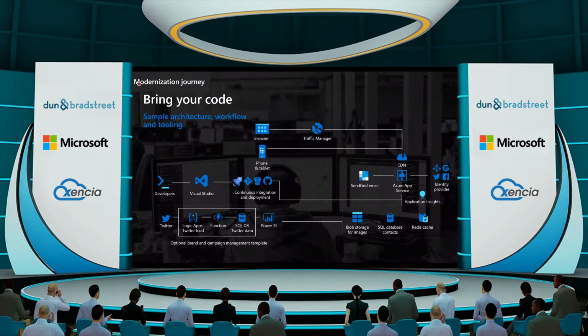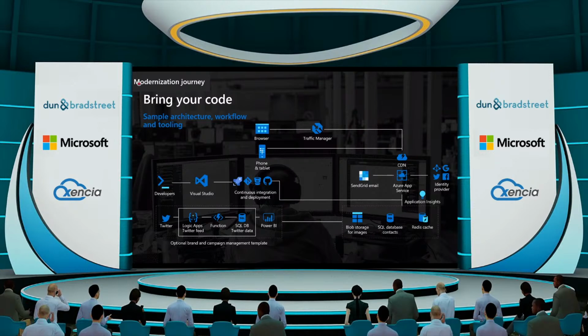This is a typical architecture of how a platformized environment is accessed or run in the cloud. So you could see your SQL database run as a service, and then Redis cache, which is an in-memory database for maintaining sessions and other things, and your blob storages for independent storage, keeping the files, etc. Right, and typically the traffic manager, which is a global load balancer, can access these application services, which is again